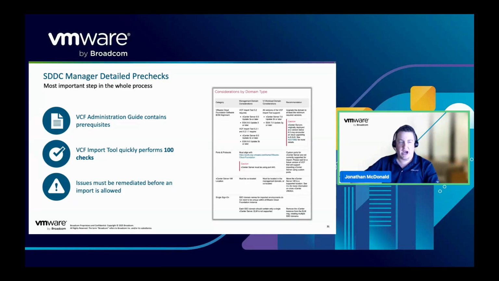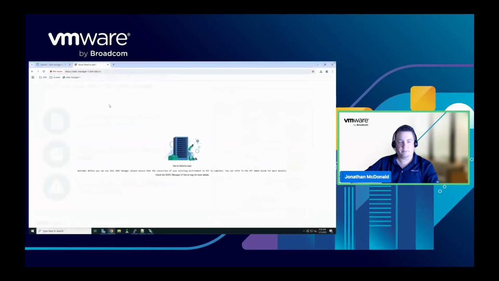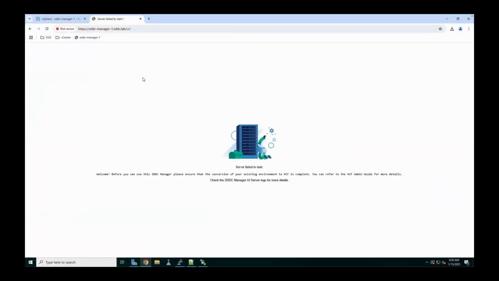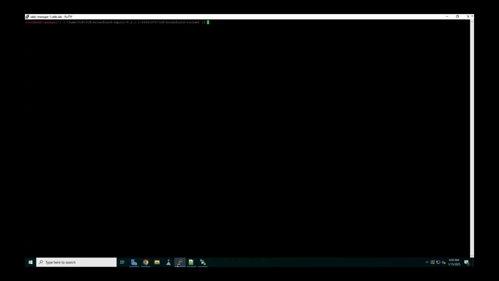Depending on the version, you'll see the number of checks go up or down. I think on our last one we had 103, so we've modified some of the things in this particular release of the tooling. So let's jump into that video. We're going to start right at the interface where we left off in the last video, and we're going to simply run